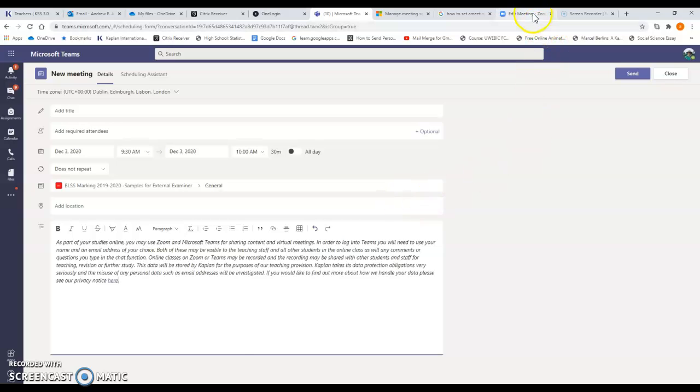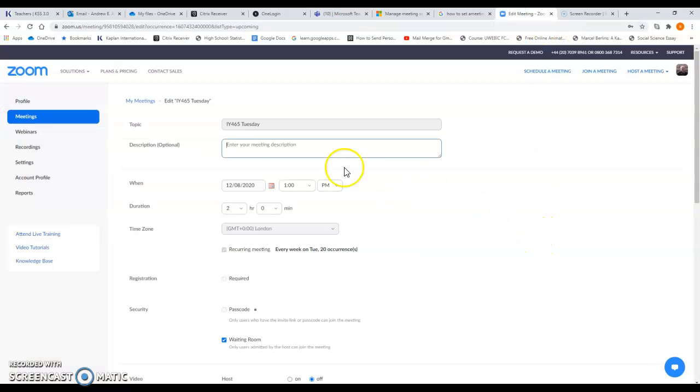Now in Zoom, again, you can see where you go into hosting a meeting, and it comes across, and you should have your schedule of your regular meetings. So this is one of my regular classes on a Tuesday, and again, just paste in the statement that we